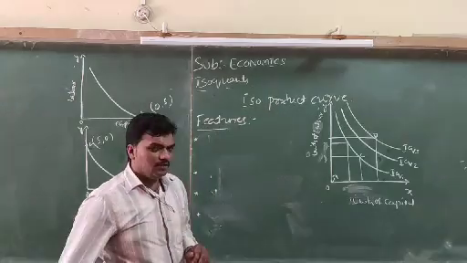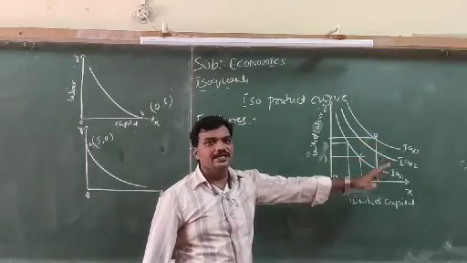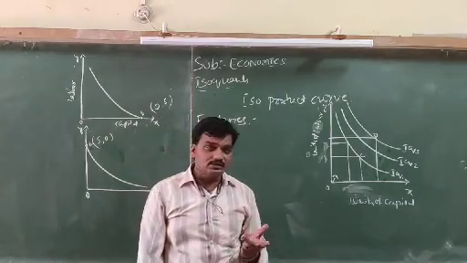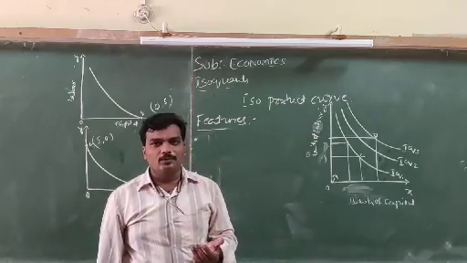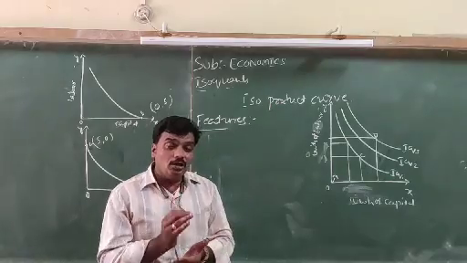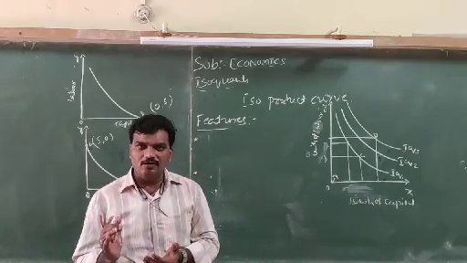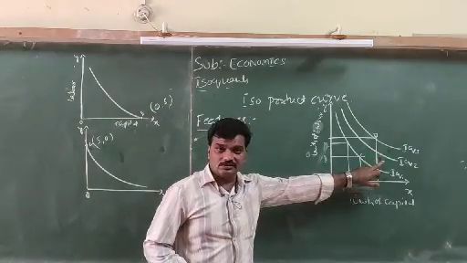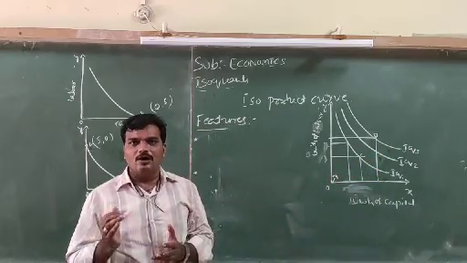Observe here, IQ1, IQ2 and IQ3. They are different isoquants which give different levels of output to the producer, because a particular isoquant represents a particular level of output. It is a set of different isoquants which give different levels of output.